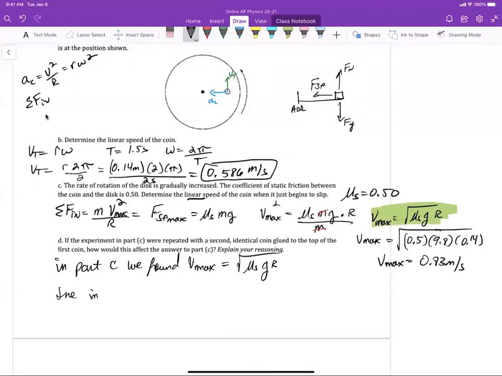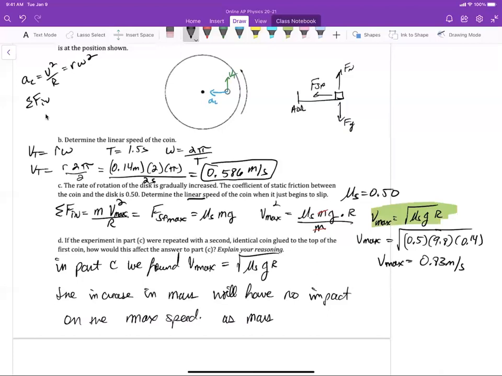The increase in mass will have no impact on the max speed. Okay, as mass goes up, force normal goes up,